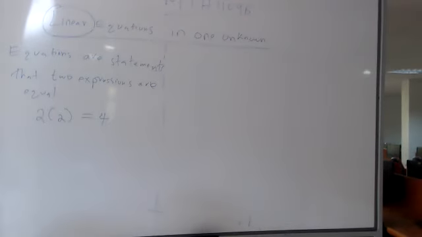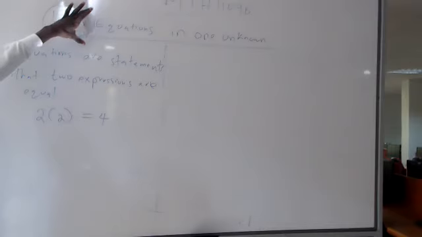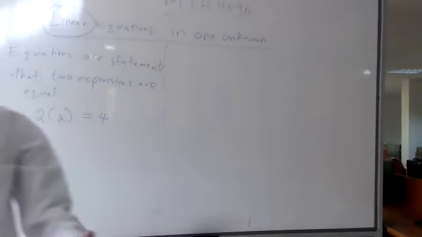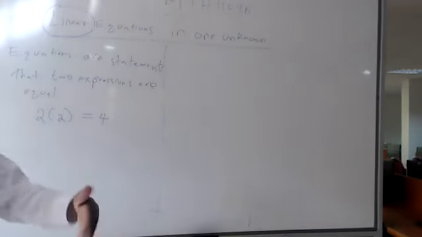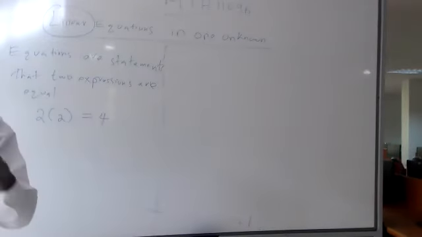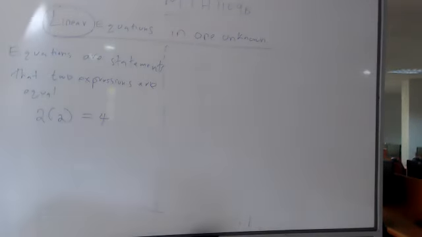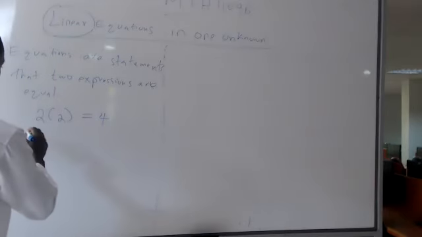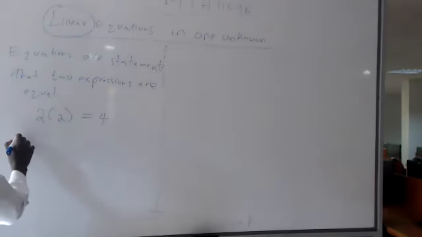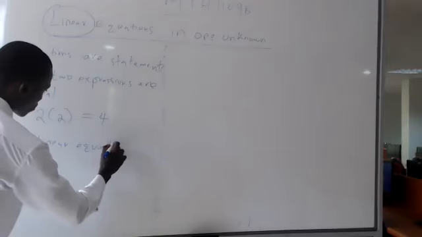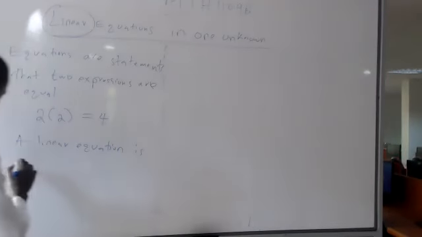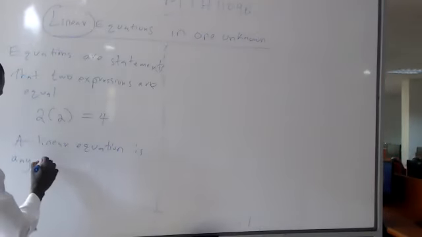Yeah, you're good. So these will simply be equations in which the unknown variable has highest degree 1. The unknown variable could be x or could be y. So if the highest degree is 1, then we will have a linear expression. I need to define a few things. First of all, the definition of a linear equation. A linear equation is any equation